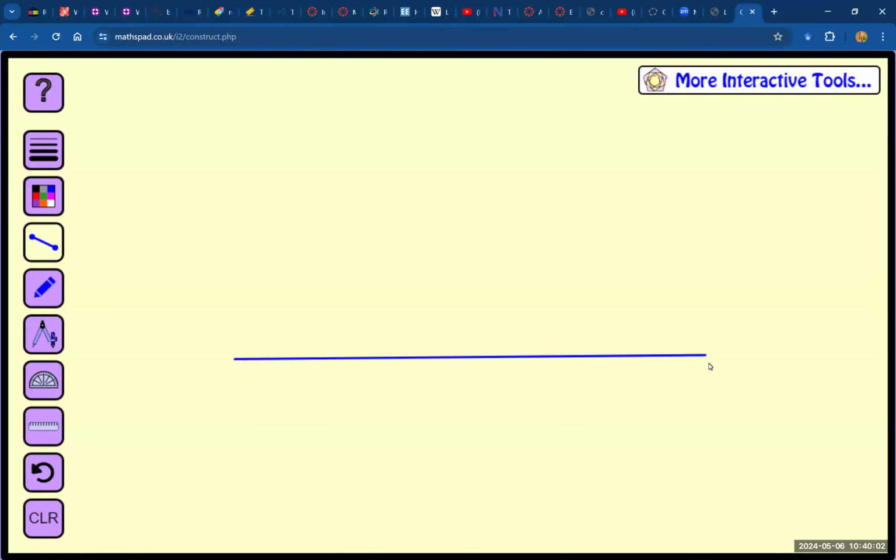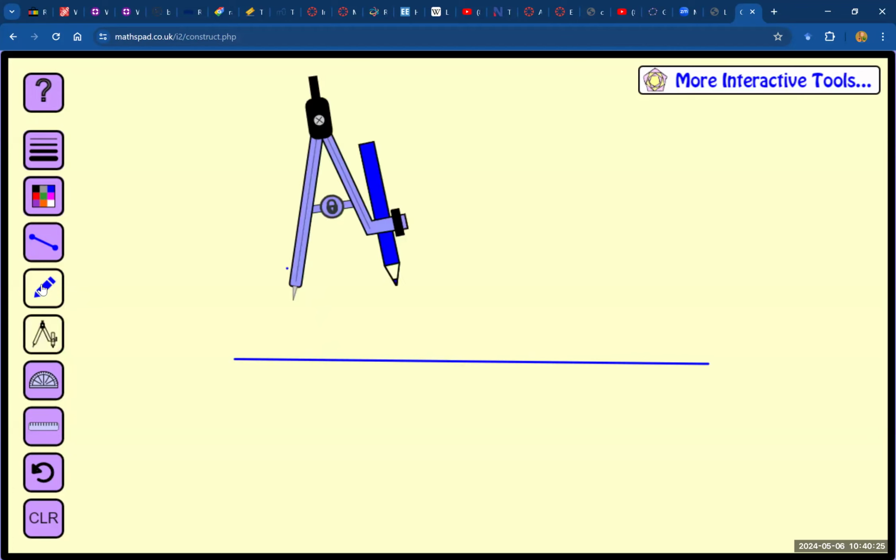Okay, we want to create a line segment and we need a point, and the construction that we're going to do is a line that is parallel to this line, but that goes through this point. So the very first thing we're going to do is take our compass